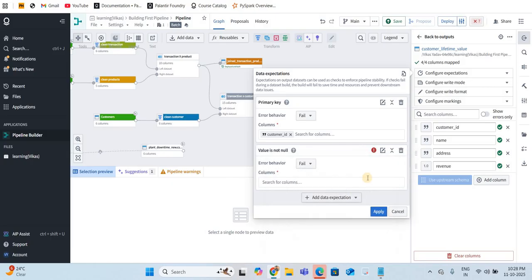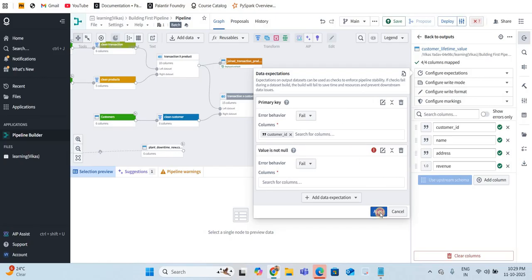So if in a column any row is null, then it will fail. If you want a warning or fail condition as per your expectation, you can put it and apply. In the code repository we have to write code like is not null, is null. But here we have built-in functions in Pipeline Builder, so we will be utilizing those.